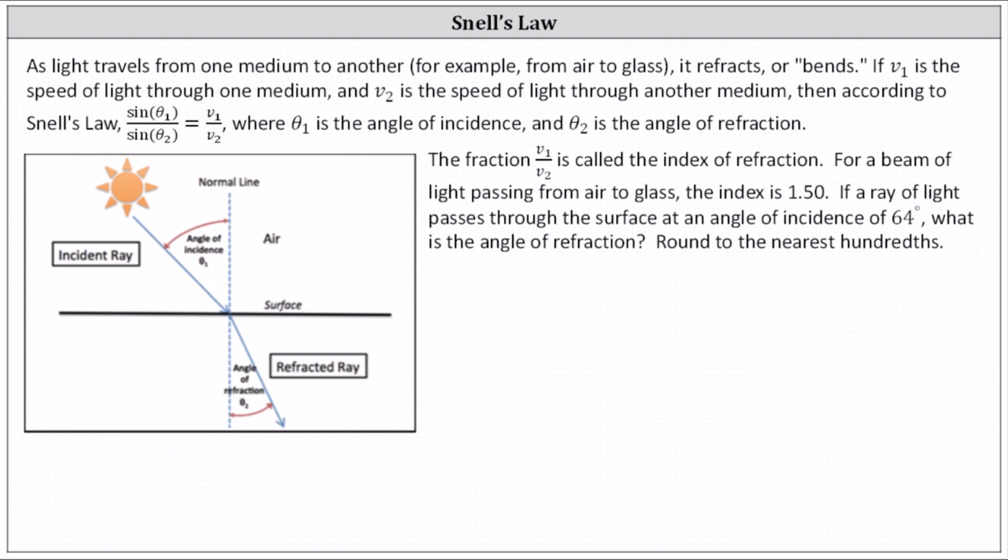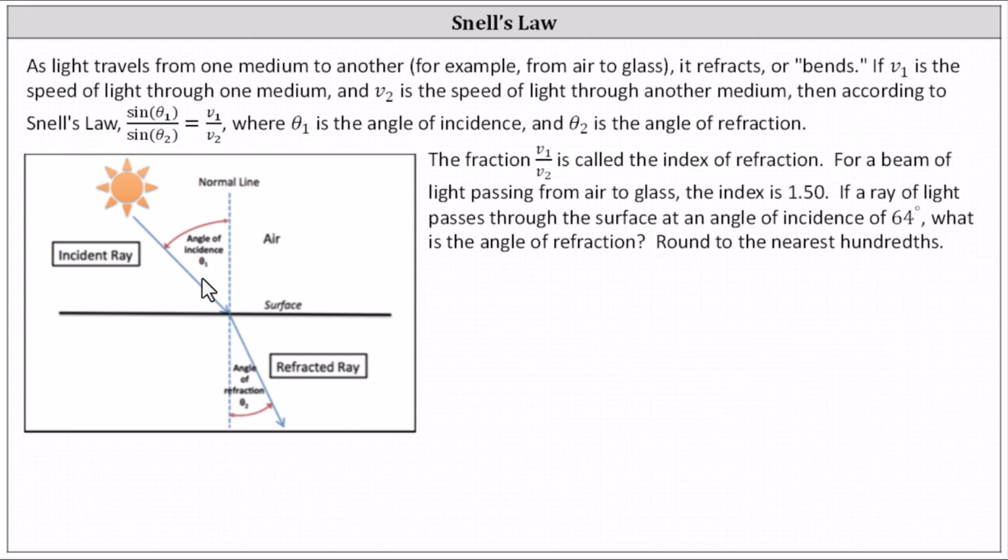As light travels from one medium to another, for example from air to glass, it refracts or bends. If v sub 1 is the speed of light through one medium, and v sub 2 is the speed of light through another medium, then according to Snell's law, sine of theta sub 1 divided by sine of theta sub 2 equals v sub 1 divided by v sub 2, where theta sub 1 is the angle of incidence, which below is this angle here,